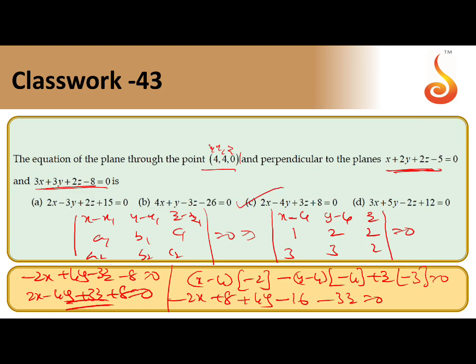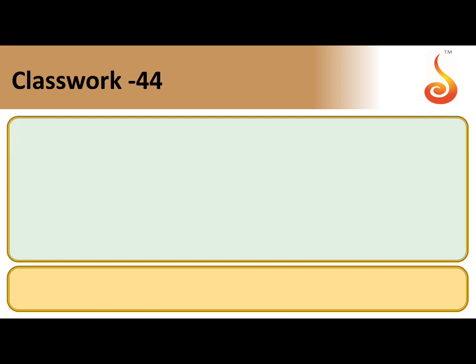So what is the equation of the plane? x minus x1, y minus y1, z minus z1, a1, b1, c1, a2, b2, c2 equal to 0. Now we can use the formula and simplify to get the answer. Clear? The planes chapter and lines are most important, so don't neglect any question. Check the answer. Answer C is correct.